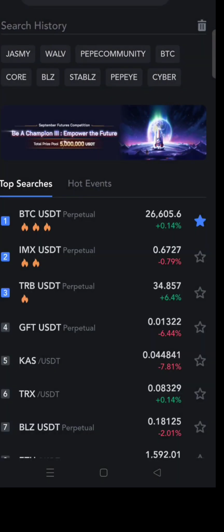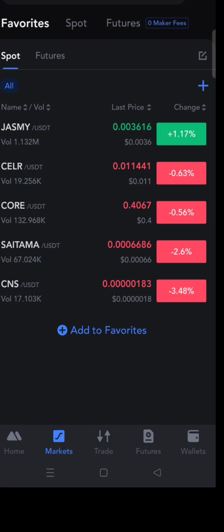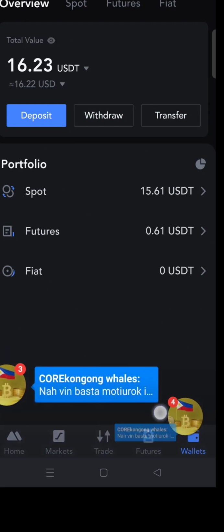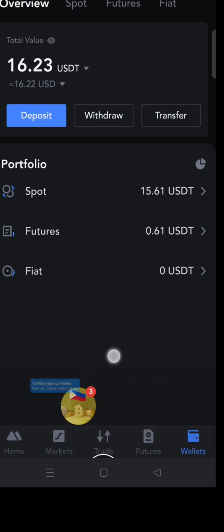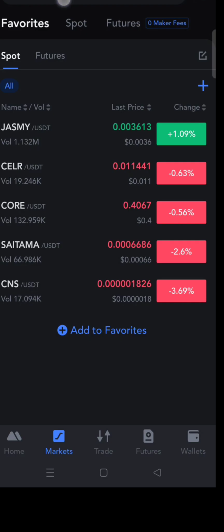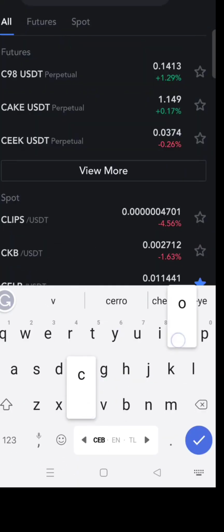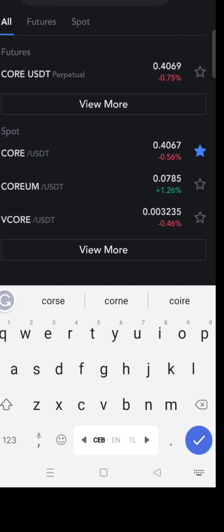If you already signed up with my referral link and downloaded this one, EMAXC, and you already have funds here, just go to markets and search Core, and you can see futures and spot. Just click CORE/USDT under spot.